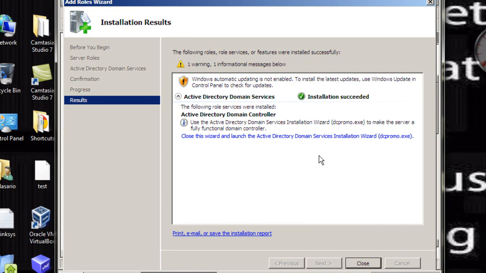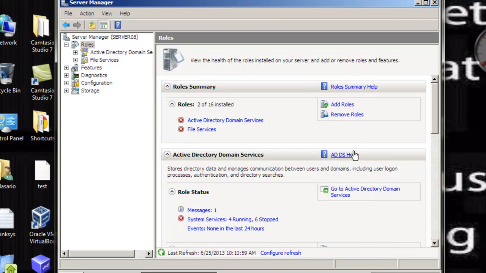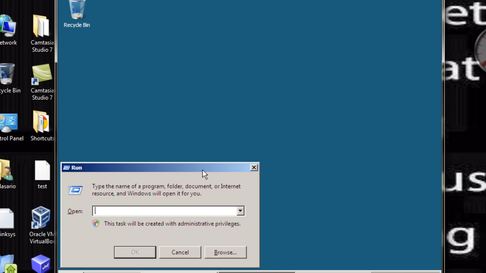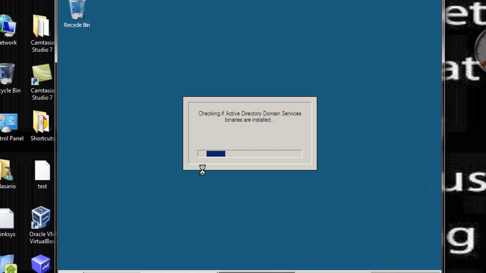Okay, and it's installed, so now we can see that we have actually started the installation process. So we're going to hit close now, and we're going to go across here. Active Directory isn't actually installed yet, so we're going to open our command prompt. Type in here dcpromo,